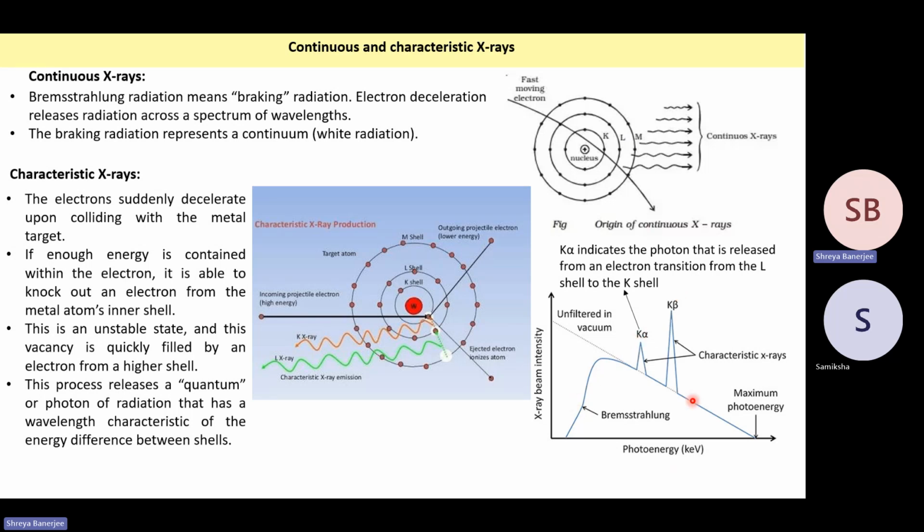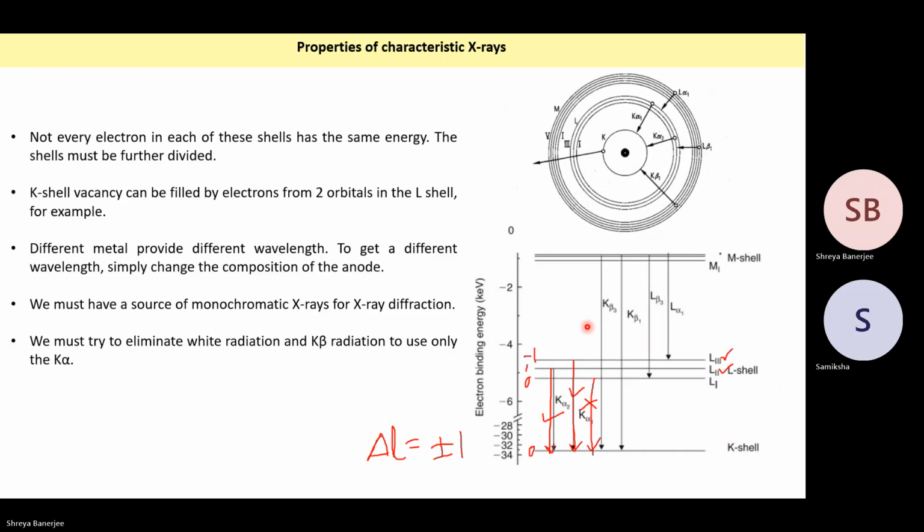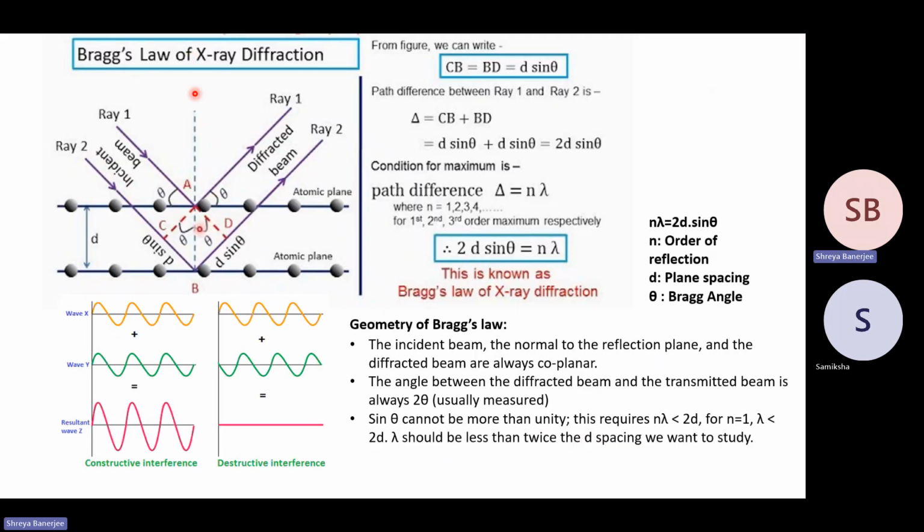We don't want this entire range. So there are certain instruments which we can use to eliminate this entire range of emission and filter out X-rays of specific wavelengths like K alpha or K beta. Now there is something called Bragg's law of diffraction. So imagine there are two crystal